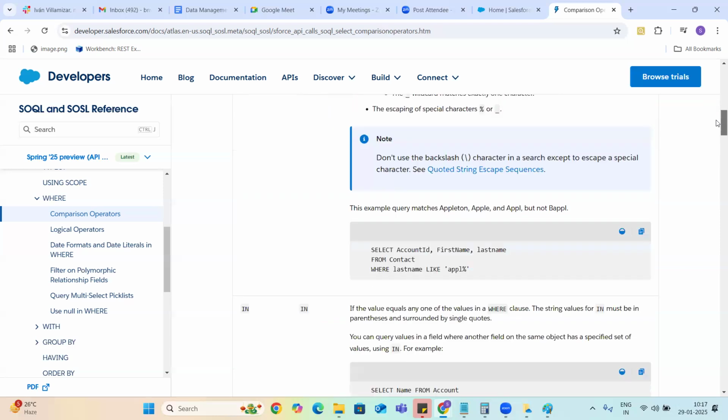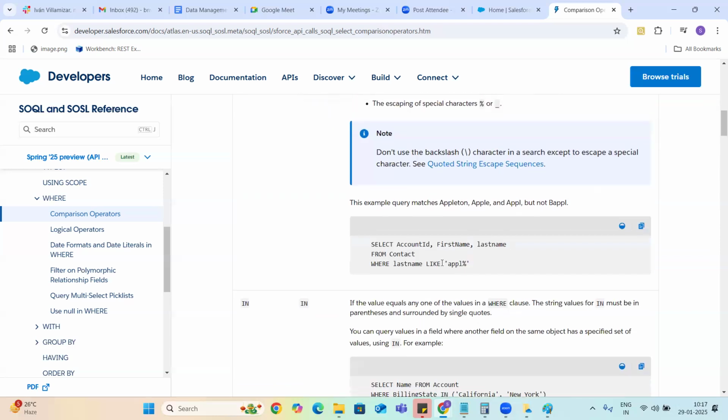So this is one sample example: LastName LIKE 'APPL%'.